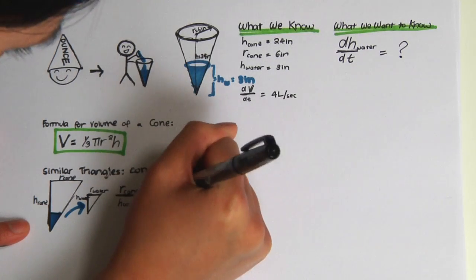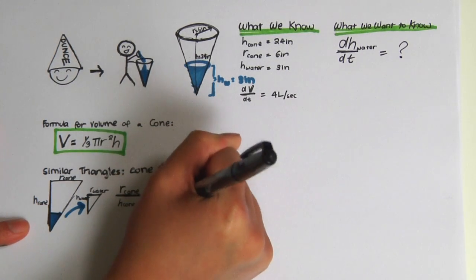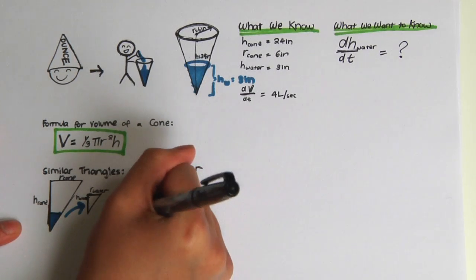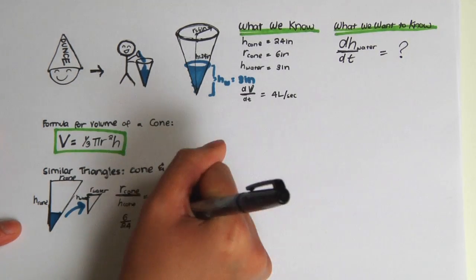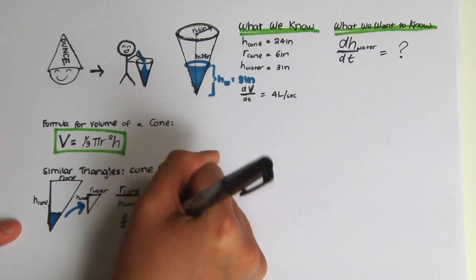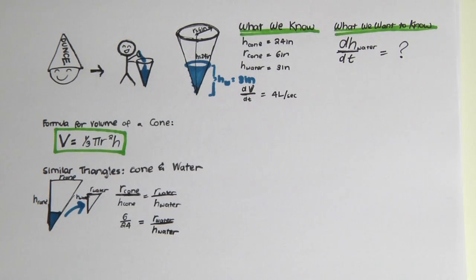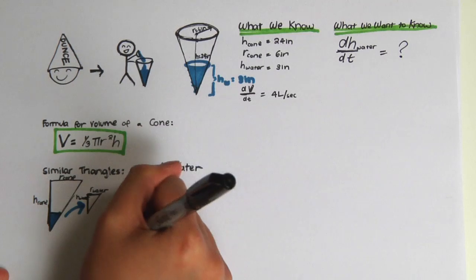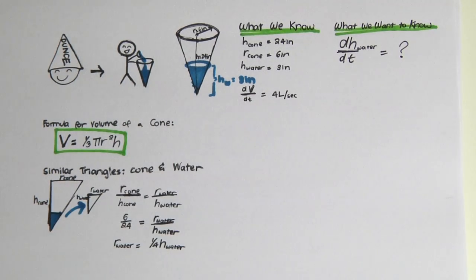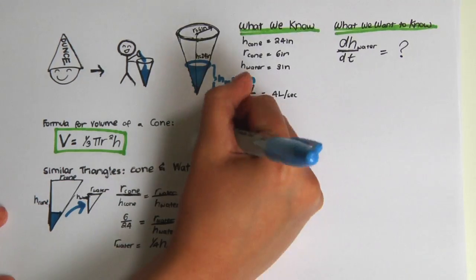At this point in the problem, we are dealing only with the relationships between variables, and we cannot plug in numbers until after we've differentiated the equation. We solve the proportion for r because we want to substitute away all variables besides h. By cross-multiplying that, we get r equals 1/4 h. Now we can substitute 1/4 h into our original equation for the volume of the cone,